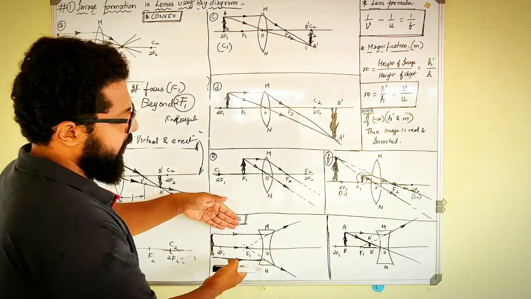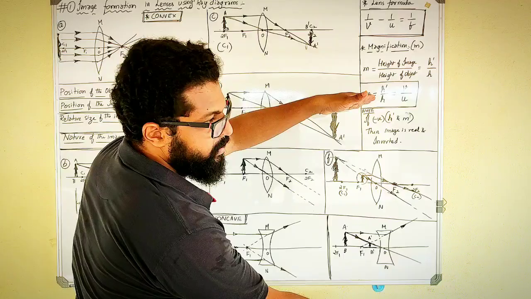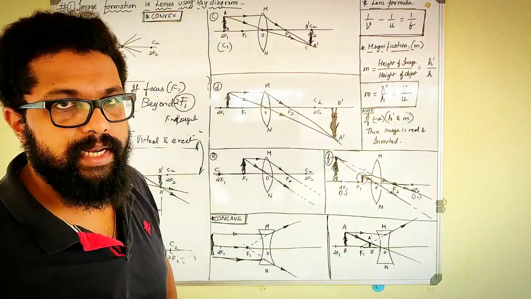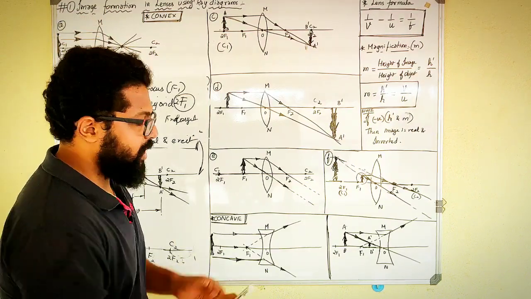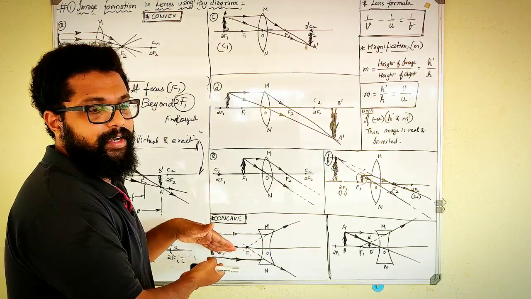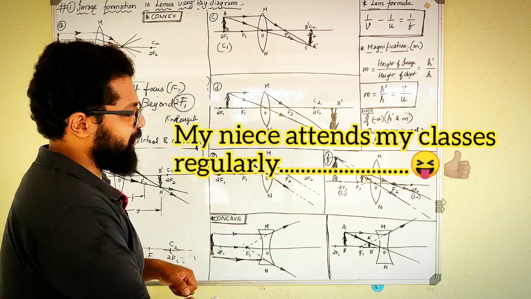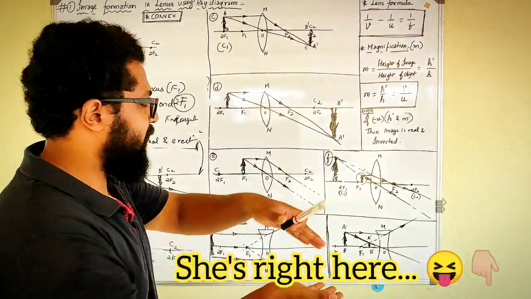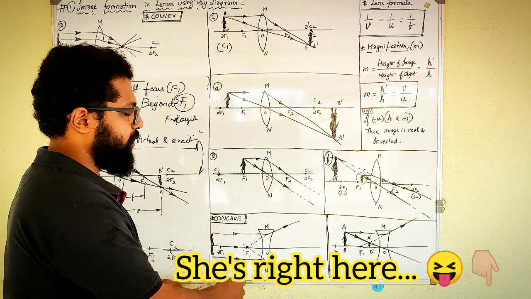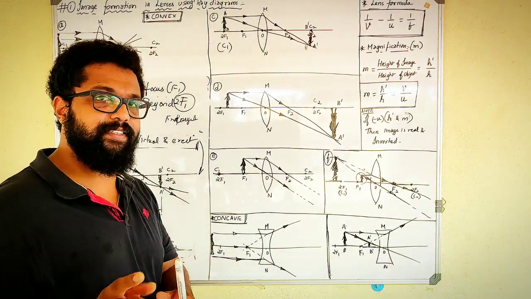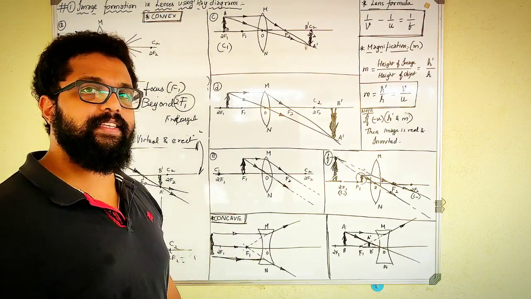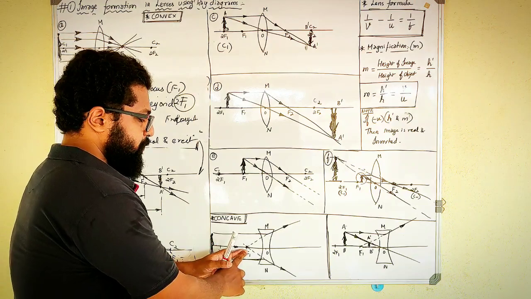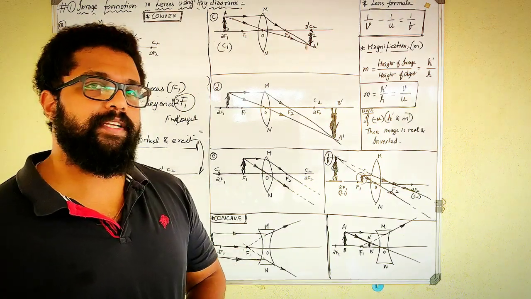The light rays will be diverged in the other direction, which means the image cannot be formed on my right hand side. Image will not be formed on the right hand side. Instead, the image will be formed on the left hand side. So here, if the light rays are diverged, I will extend them in the opposite direction, and you can see that these two light rays will intersect at the focus. These two light rays will intersect at the focus point, and at this point a virtual image is formed.